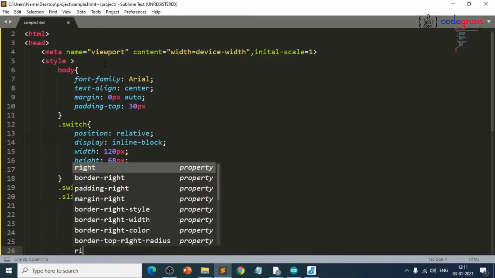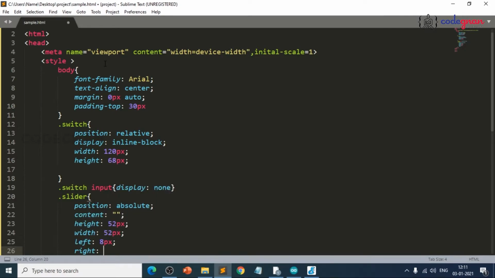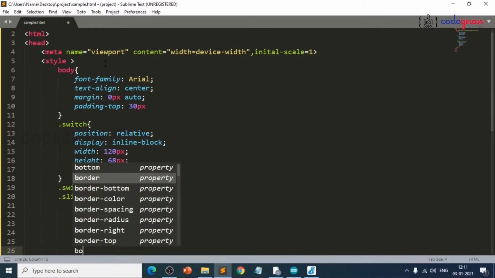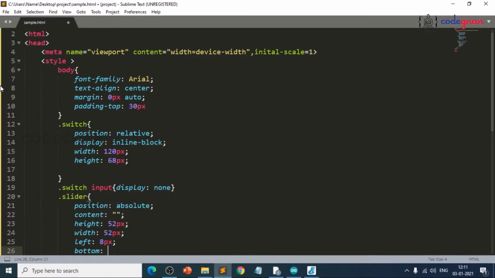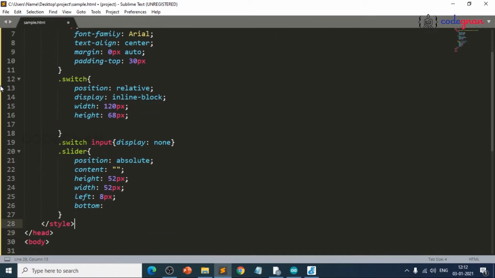And left, right, or you can go for bottom. Go with position absolute, content. I forgot to write the top here.